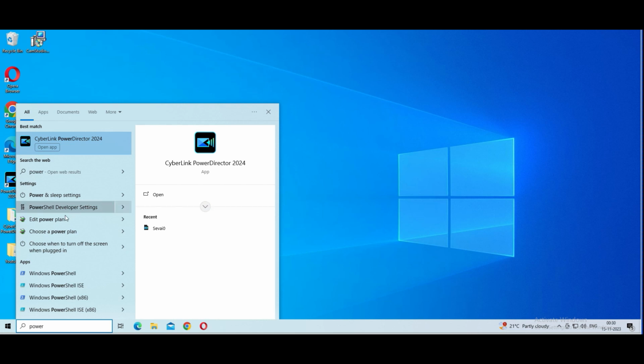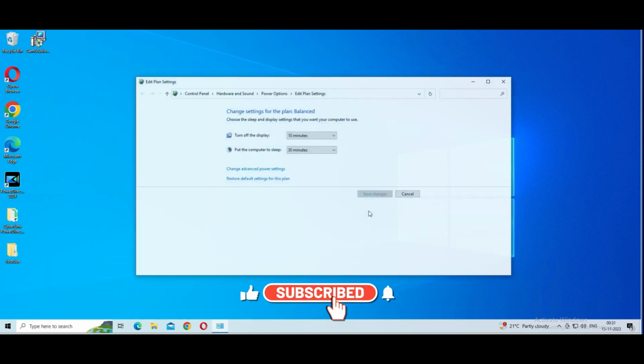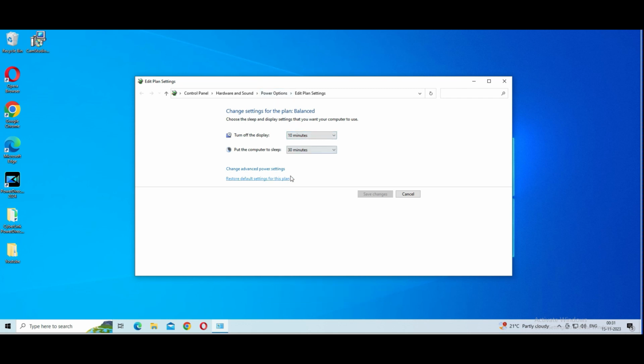In the search bar, just type "power". So you can see "Edit power plan" and choose power plan in the settings. Just click on Edit power plan, and here you can see you have an option. This is the default power plan. So what you do is just click on never for turn off display, and put the computer to sleep,